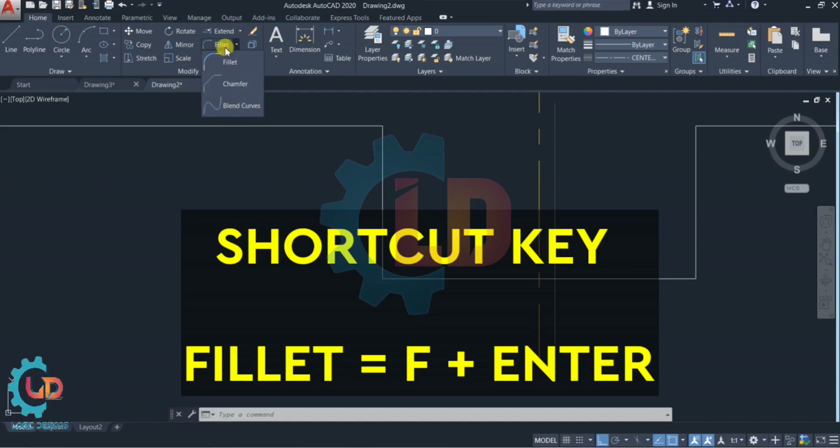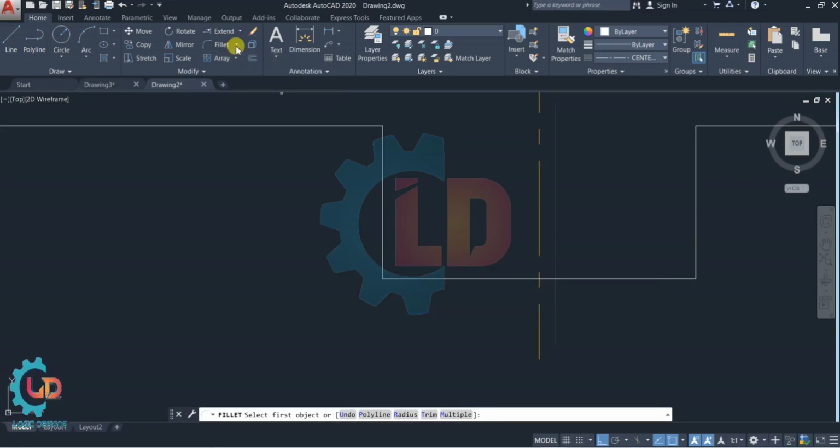Class, fillet also has three ways to opt for the command. First, from the modify menu directly, select the fillet command. Then second, from the command bar, put capital F from your keyboard. Please remember capital F is a shortcut key for fillet. Then third one is to put capital F directly. Then you can see on your computer screen the fillet command is displayed. To opt for the fillet command, press enter.